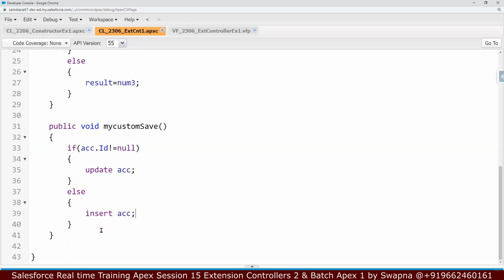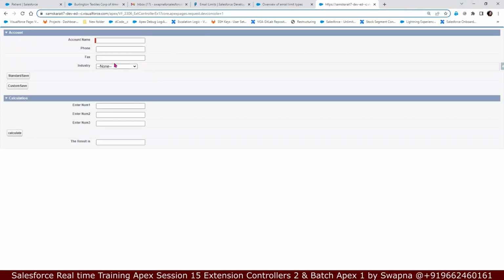Inserting the acc. So this way what will happen, if I am trying to modify the existing one, it is first going to cross verify whether this account ID already exists in the system or not. Okay, if it exists, then I can use the update. If the ID does not exist or is null, then it simply goes ahead and inserts. Let me show you that. If I take the existing one,